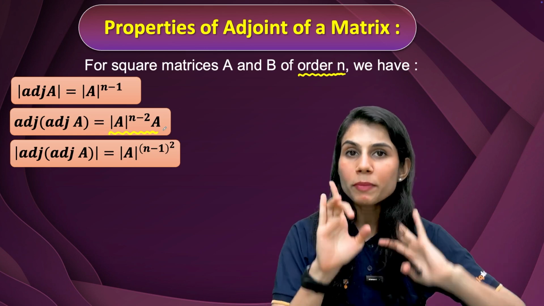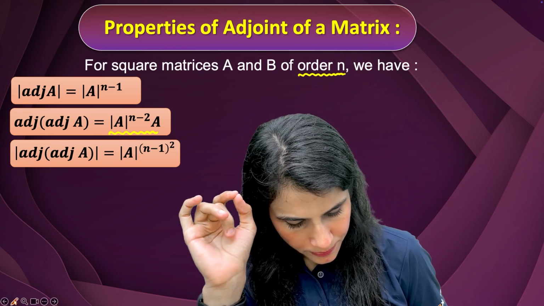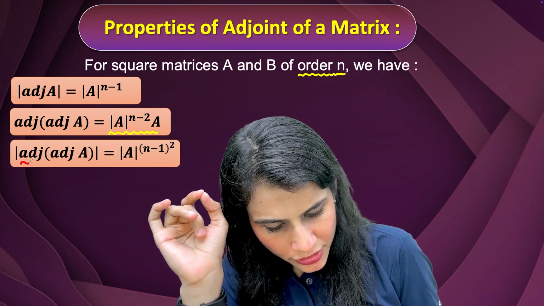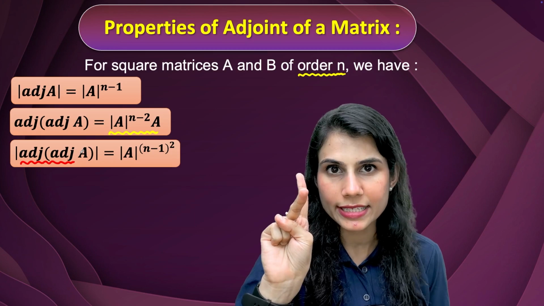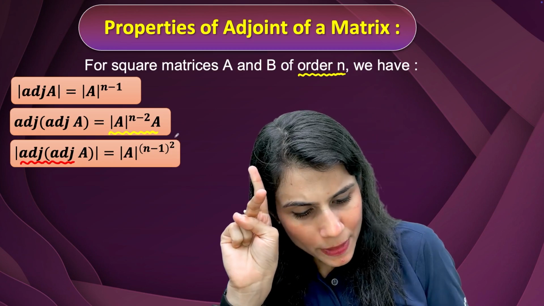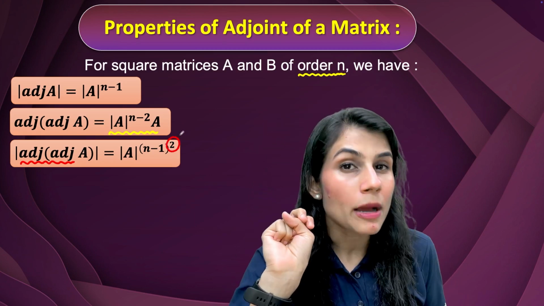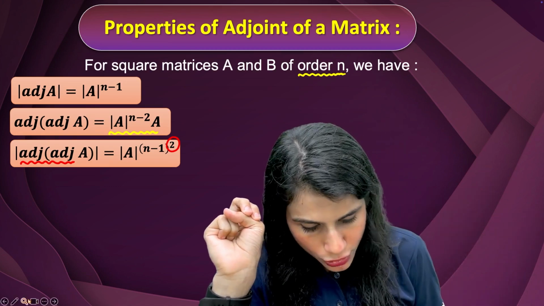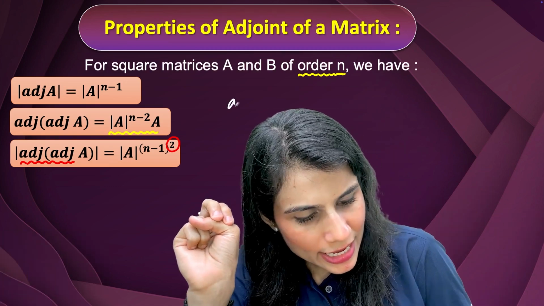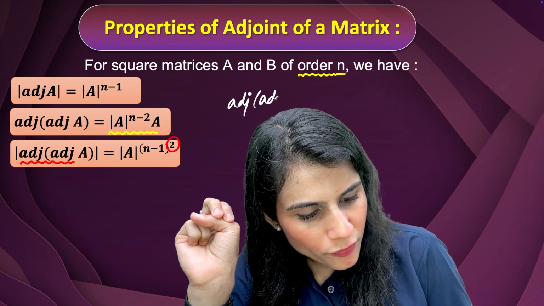I want all of you to please pay attention. See, keep looking. Here it's written adjoint of adjoint of A. That means adjoint is written twice here. And in the power of n minus 1, again, you can see the number 2. Hence, we can extrapolate this property and also write this as, if I have adjoint of adjoint of adjoint of